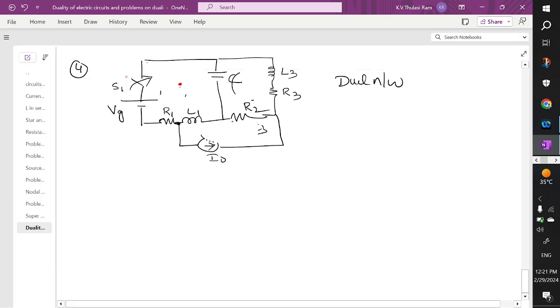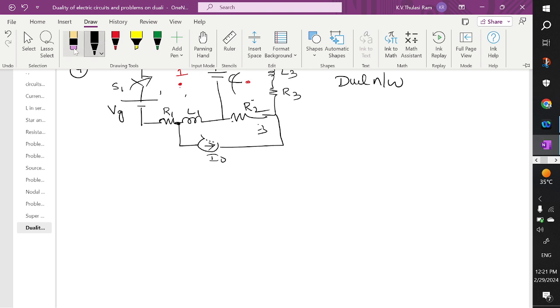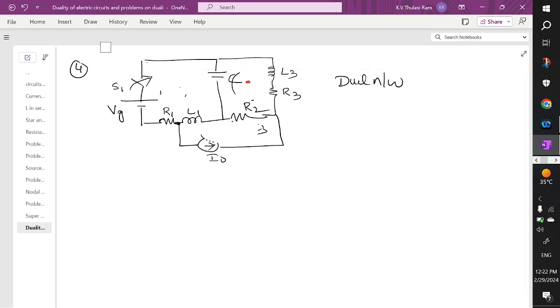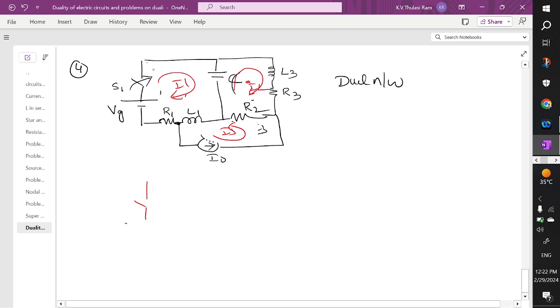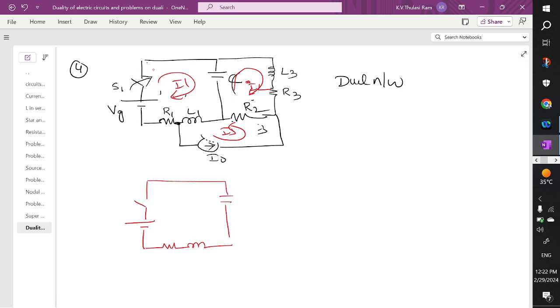So replace this with a loop current I1, and let's try to draw it more clearly for your convenience. Here we are going to have a loop current of I1, a loop current of I2, and a loop current of I3. When you redraw it, you have the network like this: resistance, inductance, joined with capacitance, and you have one inductance and one resistor,